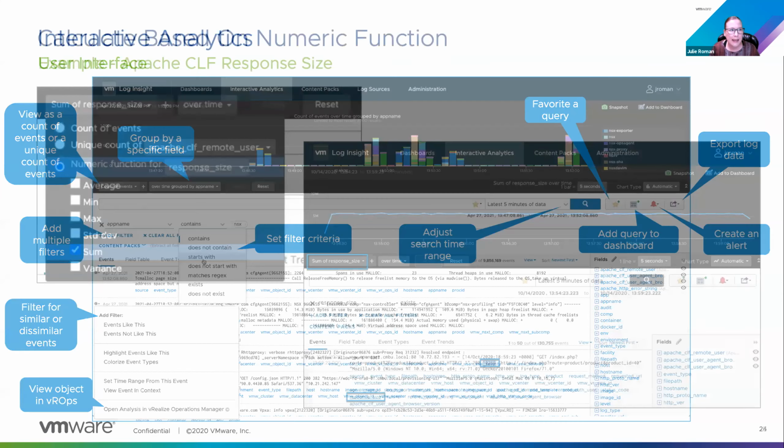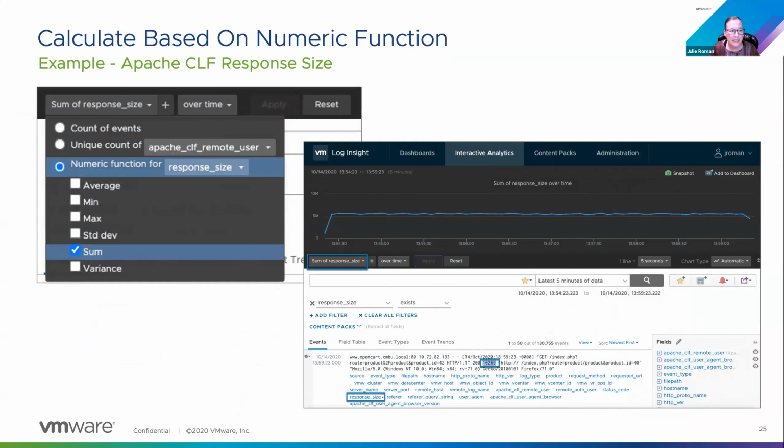Okay. And then the calculate based on a numeric function. This does obviously require that something is classified as a number. So in an extracted field, the regular expression used would have to signify that that's a number. And then you can do calculations. So we could do sum or average for things that are numeric values.